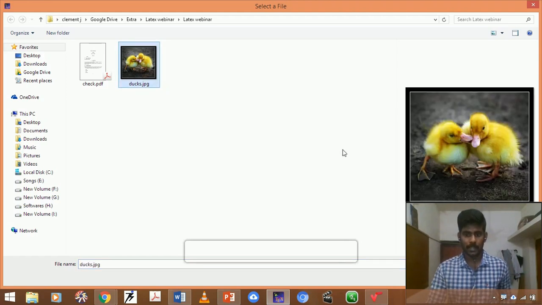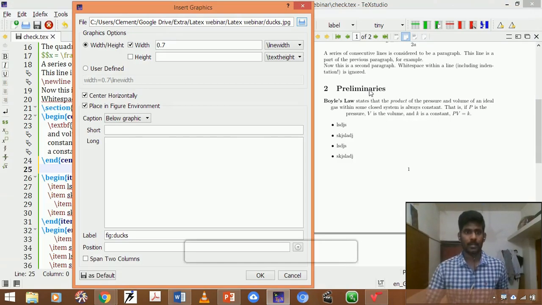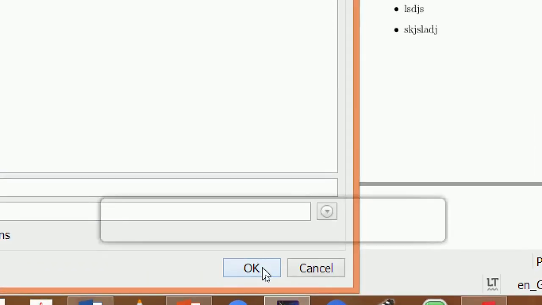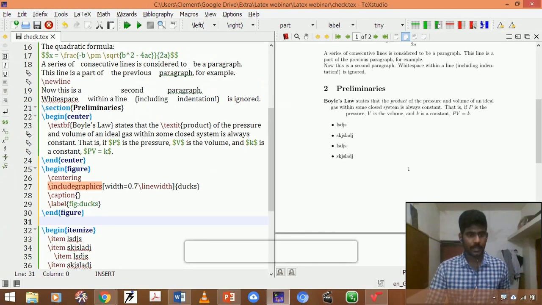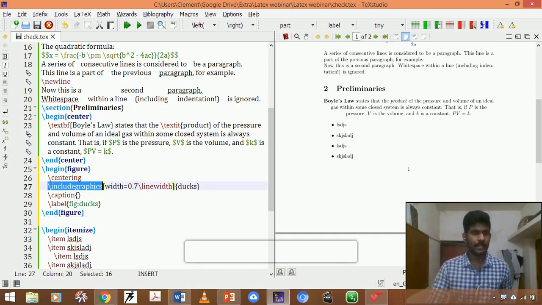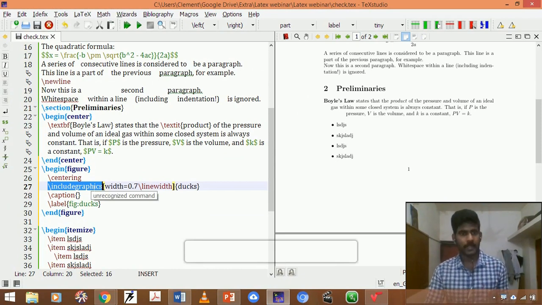After that, you can just simply click okay. So here I have loaded the image. After that I need to give OK. See, it was converted into code. It is not needed to memorize any codes like \includegraphics. You can just browse the figure wherever your image was stored.